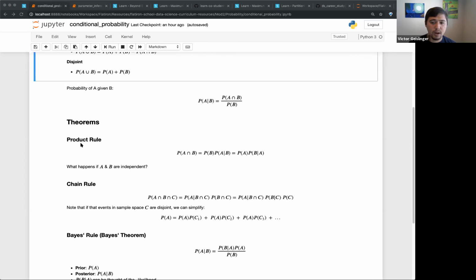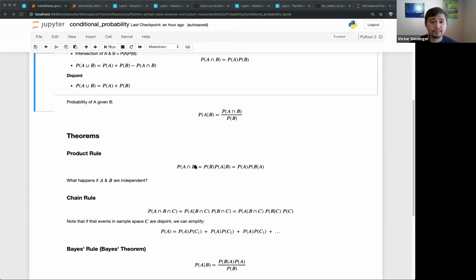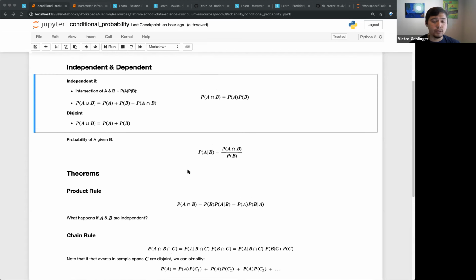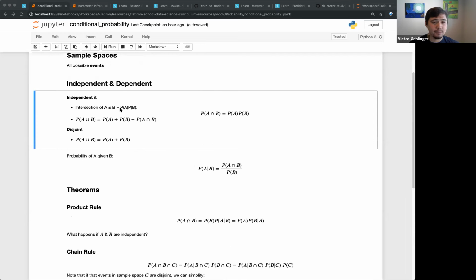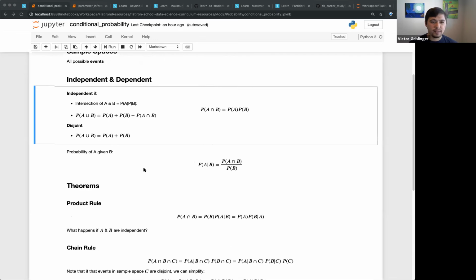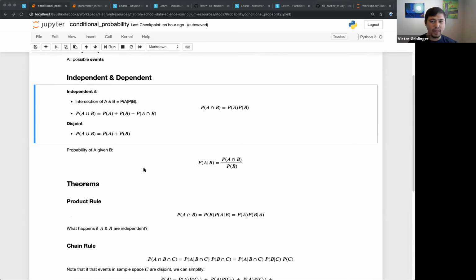But the big one, I would say, is the product rule. Understand that you can basically get the intersections using this formula. And understand that you can write down disjointness and independence as actual mathematical formulas. That way we can formally describe independence. When we say something's independent, we know these can be applied. Or if it's disjoint, we can apply this truth to it. So that's the stuff I would say to just know exists.